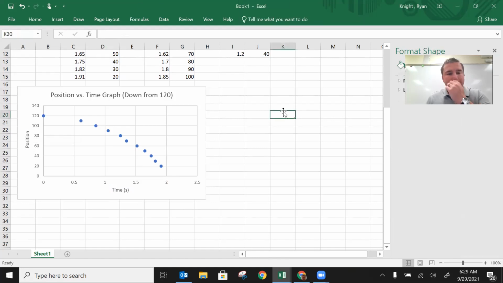Now, for our last couple graphs, what we would do at this point is go ahead and put a trend line on there and see if we can figure out the slope of the line. This one, we're not going to put a trend line on, because if we can see the shape, it's not a line. It looks like a curve. So we've got something different going on here